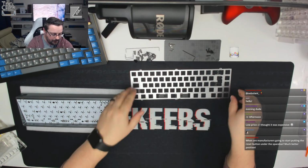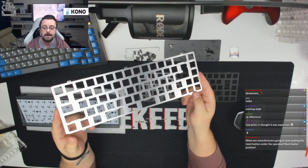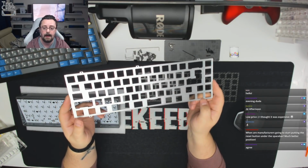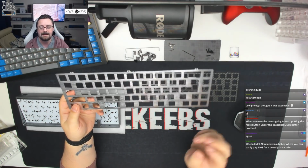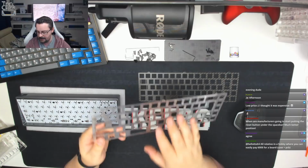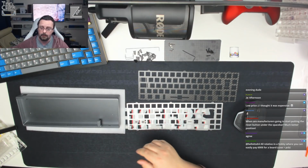In terms of the plate, we are going to be building this with the standard universal aluminium plate. This supports all of the options we need, and as you can see, this board is kind of a cross between bottom mount and sandwich mount. So let's just show you that actually, guys, because I did call it bottom mount on the previous build, and